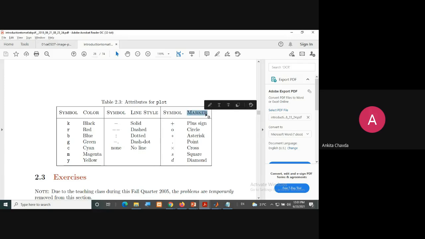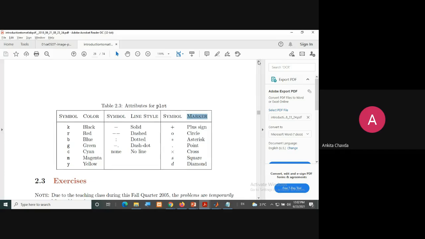In our image acquisition figure, if you remember that, right? It was only a square. Do you remember that? Wherever we are plotting the points, there were only small squares. So they are the markers, nothing else. If I want the marker, you can use the plus sign, so there would be a plus marker. For circle, you will write small o, S for square, D for diamond, dot for point, asterisk sign, and so on.